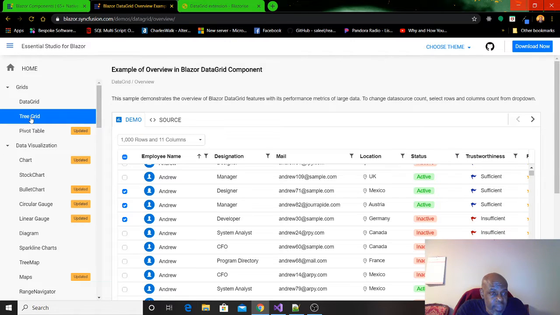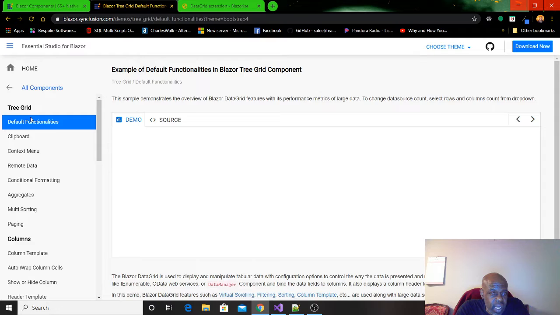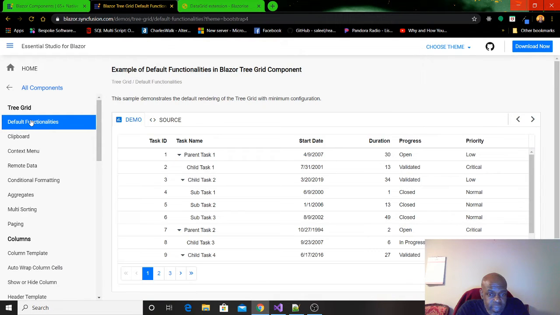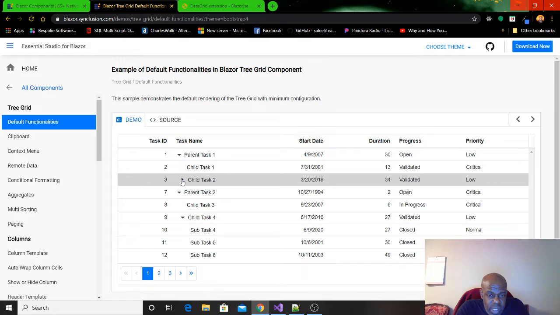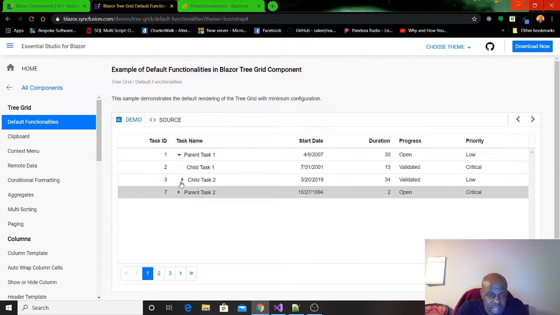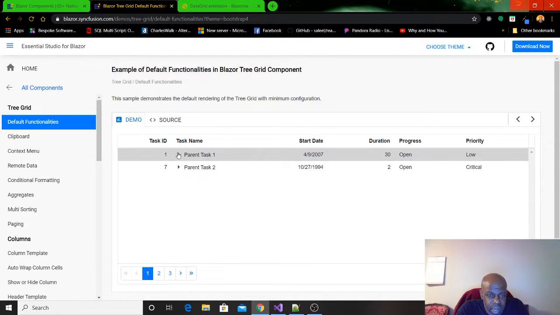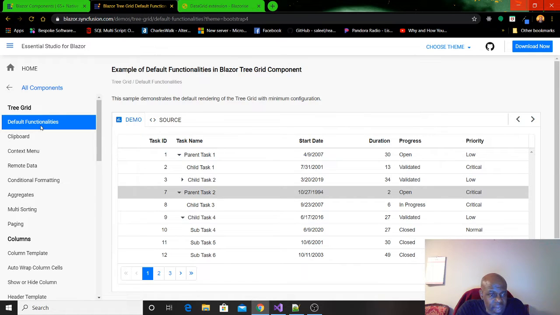To be honest with you, you got a tree grid, so you can actually have drill downs with subtasks or sub areas that are only viewable based off of that. That's cool. I don't know a good use case for that in my scenario, but it could be a good use case for a lot of folks.